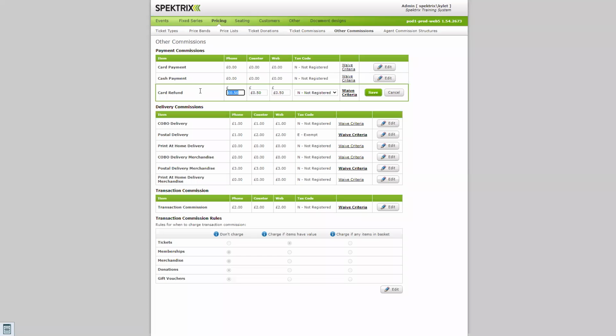So for card refund at the moment, 50 pence is going to be charged for each sales channel: phone, counter, and web. For your payment commissions as well, you'll just need to assign the tax code that's relevant to your organization. So in these cases here, we've got not registered. As we've just seen with ticket commissions, payment commissions, delivery commissions, and transaction commissions can all have waive